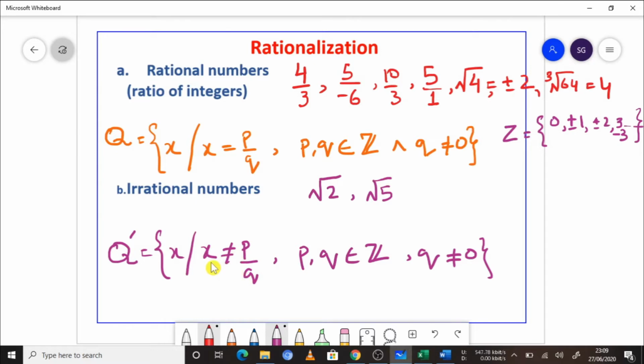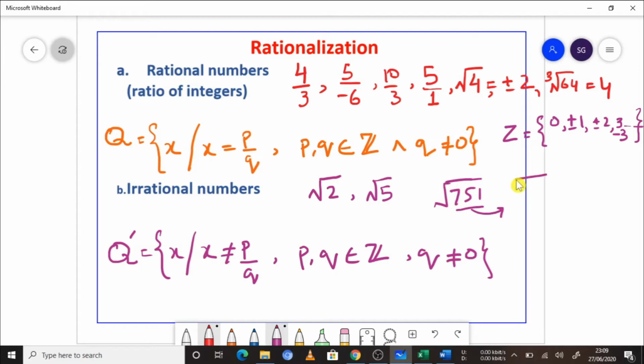Now this is quite a difficult task to identify. This is one way of identifying: those roots which are not perfect roots are going to make irrational numbers. Now how do we determine, let's say we have the square root of 751, whether that would be a rational or an irrational number? Only if we know whether 751 is a perfect square can we decide whether its square root is irrational or rational.